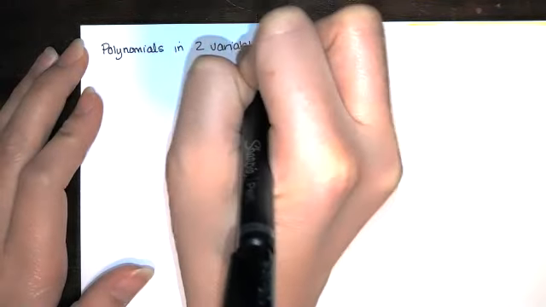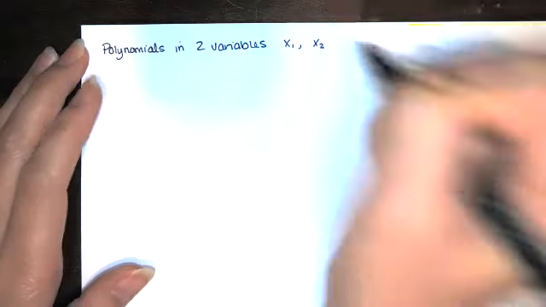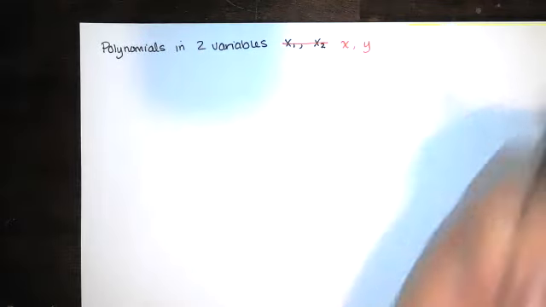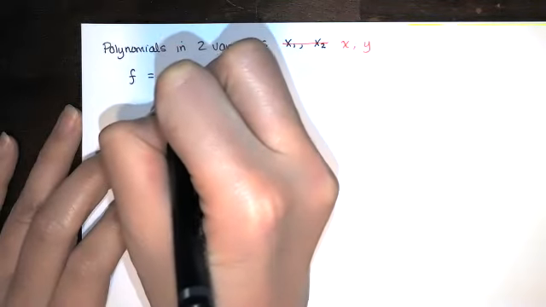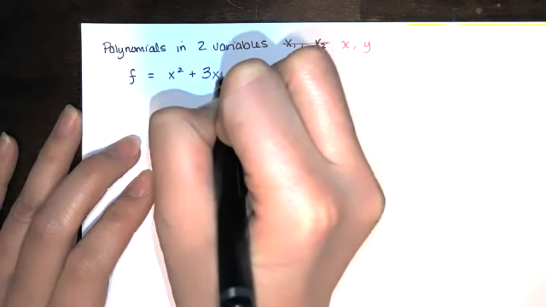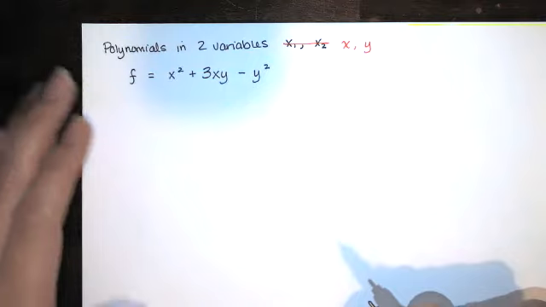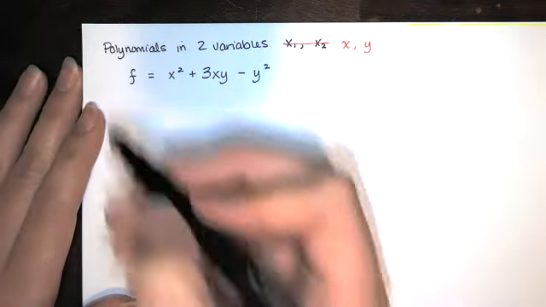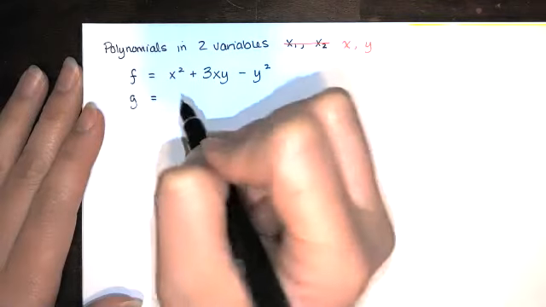So that's for polynomials in one variable. Now you've probably already seen in other classes polynomials in two variables. Normally we don't call them x sub 1 and x sub 2, although that's the notation we're using here. When we only have two variables, we normally call those variables x and y. So you might have a polynomial like this, x squared plus 3xy minus y squared. That's a polynomial in two variables. Or you might have another polynomial in two variables,